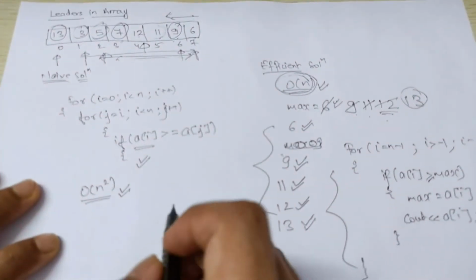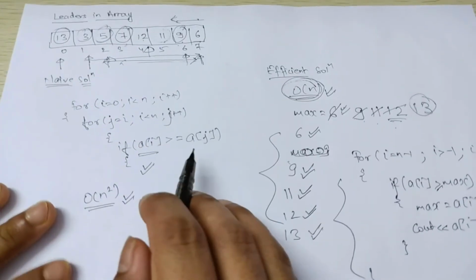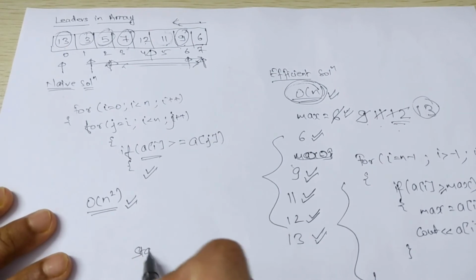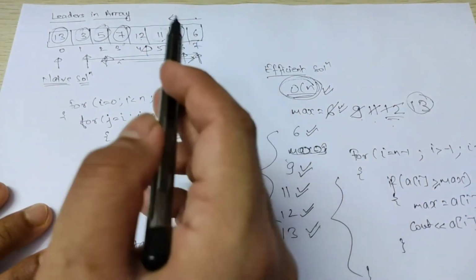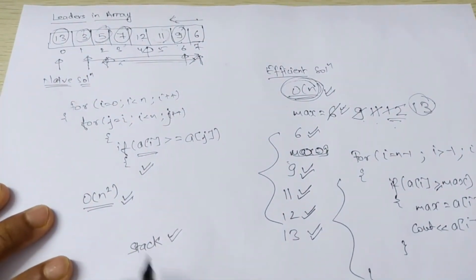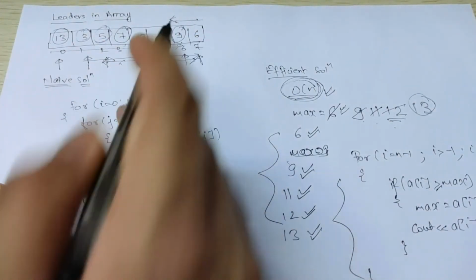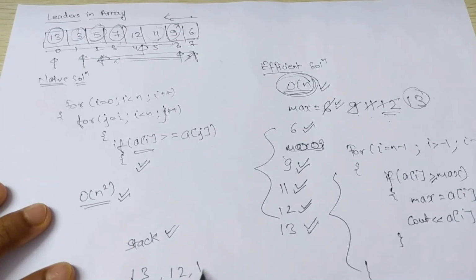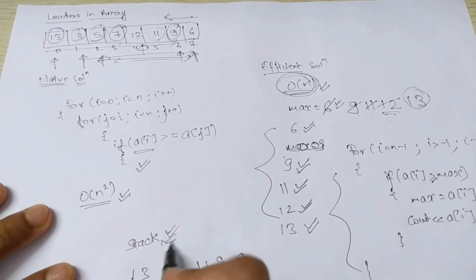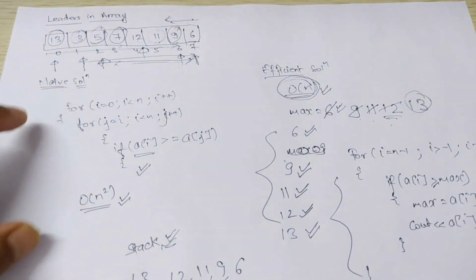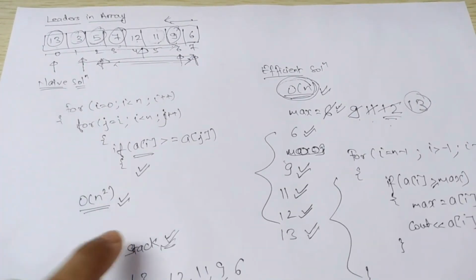Now if they ask you to write all the leader elements in left to right fashion, then you can take a stack. So you can push whatever element you found moving from right to left, and then you can pop all the elements of the stack. Then you'll get the leaders in left to right fashion. So once you push into the stack and pop from the stack, you'll get 13, 12, 11, 9, 6. So you can use this stack also. Time complexity will be order of n because you are just traversing the array only one time, and you are not doing the nesting of loops. If you do the nesting of loops, this is the naive solution that will take order of n square.